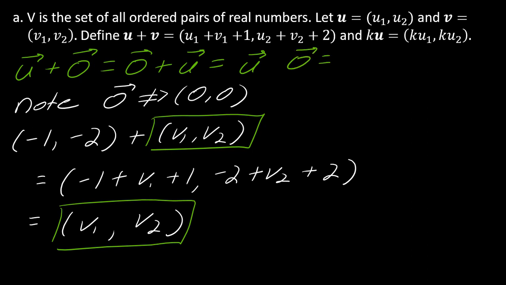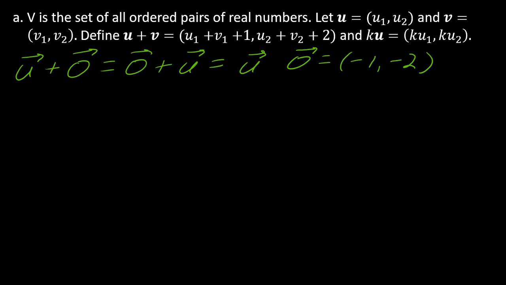So in this world, my zero vector is -1, -2. So I've identified that vector, and so yeah, we're good to go on that. So far I haven't broken that this is a vector space. Now the other axiom that might mess with us is